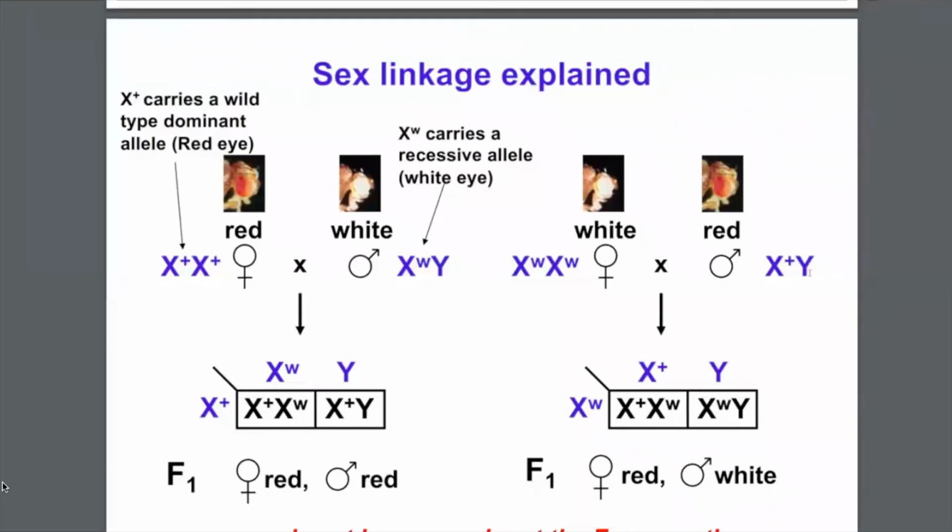or females, right? So if we look at this example over here, let's say our wild type, as it's listed over here, the dominant allele, is going to be the red eyes in the fly. And then we'll say the recessive allele, or the mutant, is going to be the white eye, right? So our dominant, our wild type, is placed as a plus, and our mutant just has the W for white,